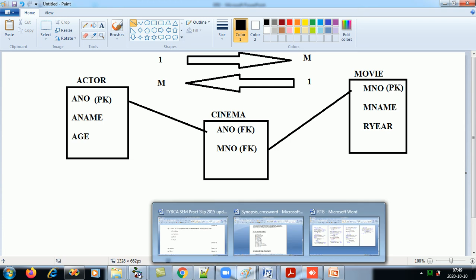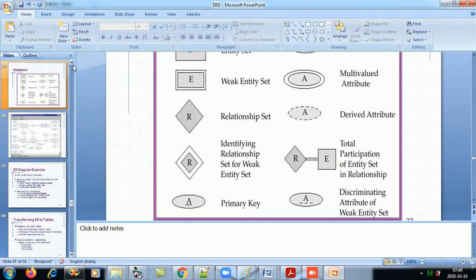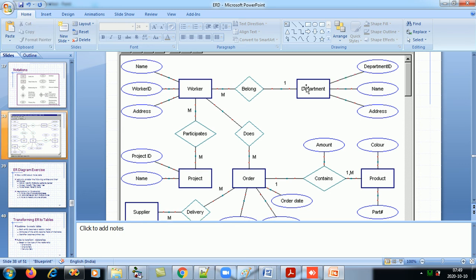So first, when we are preparing the ER diagram, we have to list down which entities are playing a role in our system. I have sent you all the ER diagrams. Here the entities are department, worker, project, supplier, order, product. Make sure that we don't form a cycle in the ER diagram. There should not be a closed circuit. One department has many workers, so they will have two tables: the department table with these columns, the worker table with these columns, and the primary key of department will go as a foreign key in the worker table.